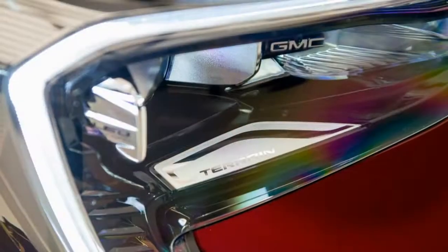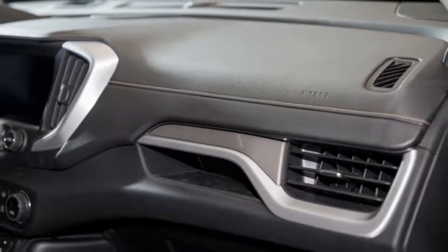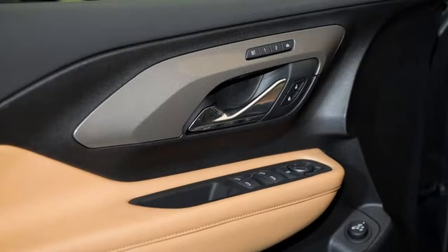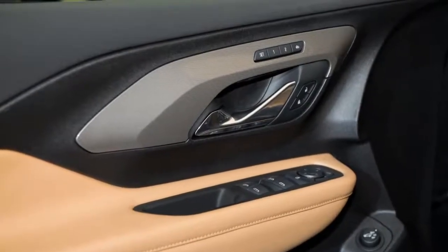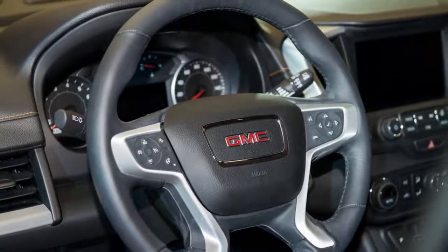Down on horsepower versus its old inline 4, but up on torque. The 1.5-liter puts its power into action much lower in the rev range, with peak torque arriving down near 2000 RPM. It's gutsy at lower engine speeds, refined and relatively quiet, and pushes the 3,449 pound base Terrain around with